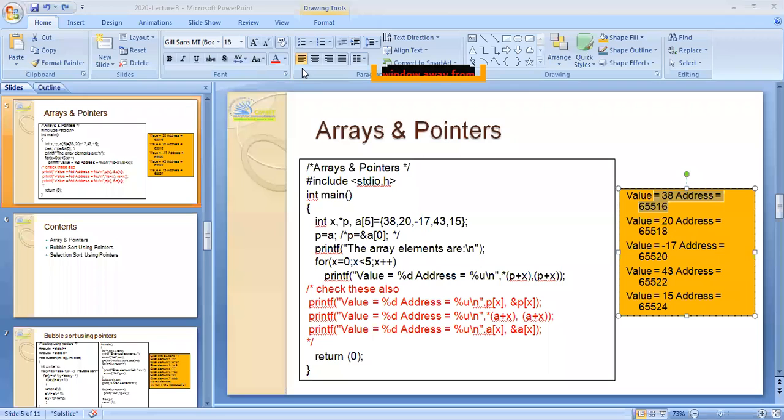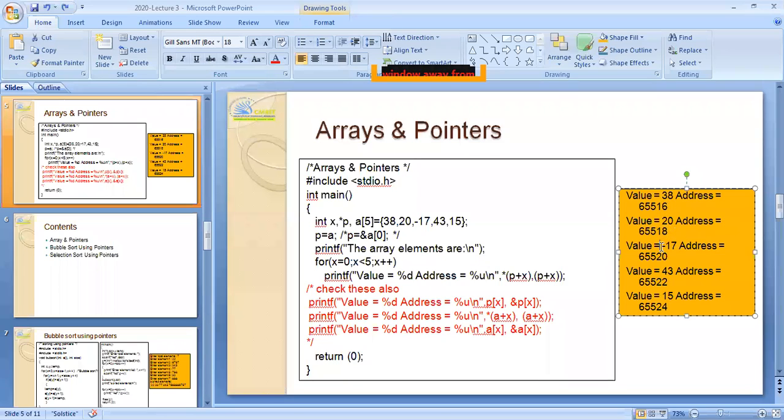Yes, sir. Okay. So now you see here, what is the first value you are having? The first value is 38. So its address will be given randomly. What is the next value? It is 20, which is also an integer. What will an integer take, how many bytes? 2 bytes. So you increase this particular address by 2 bytes. Increasing that 16 by 2 bytes will get you 18.